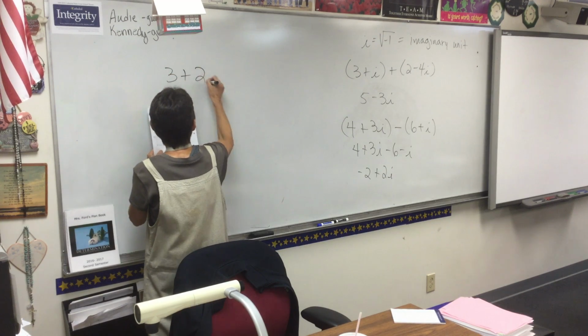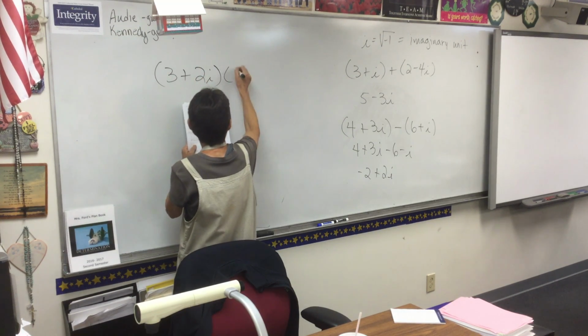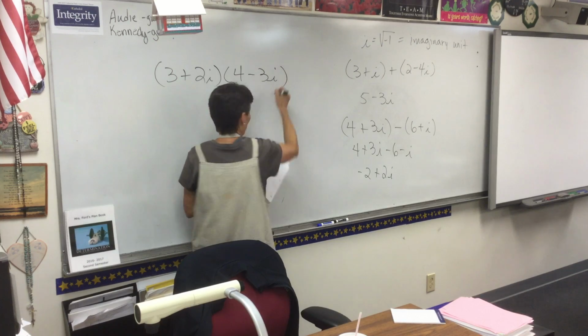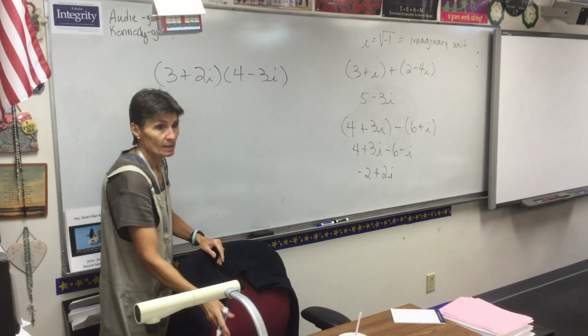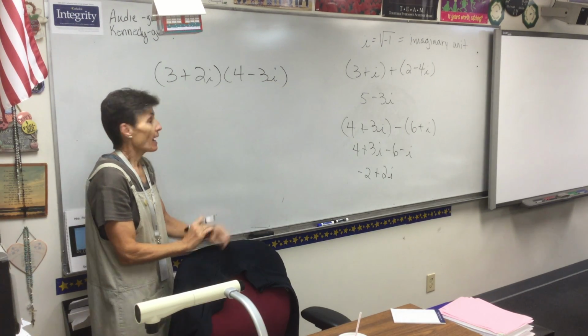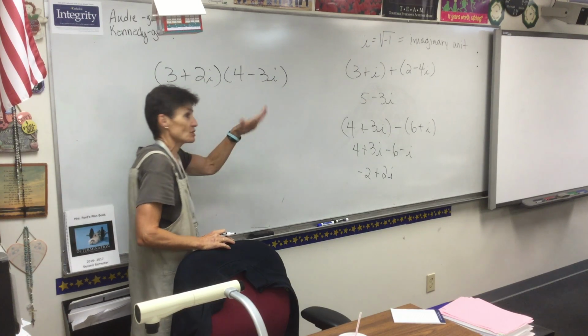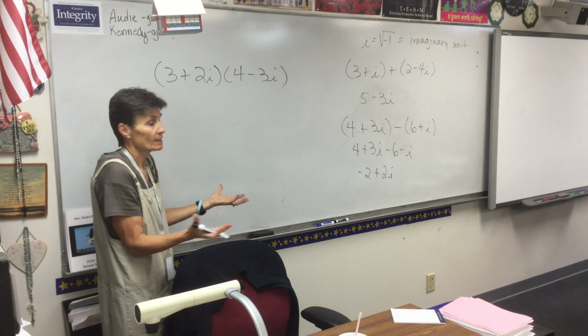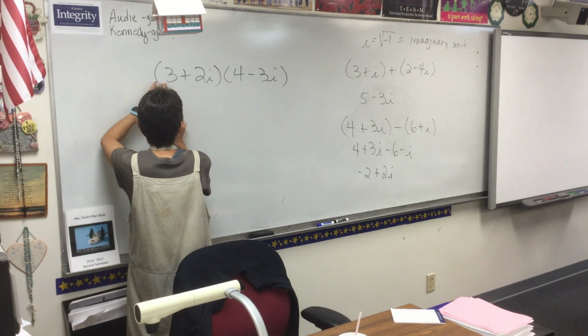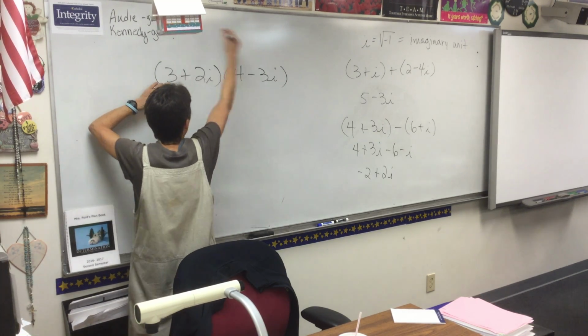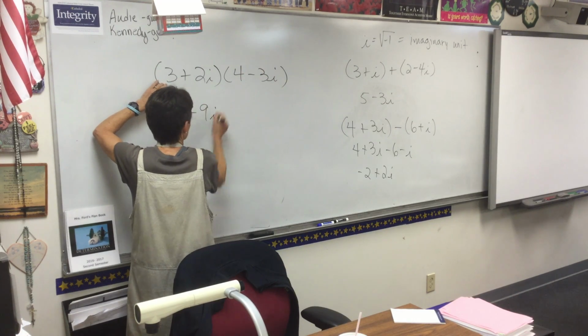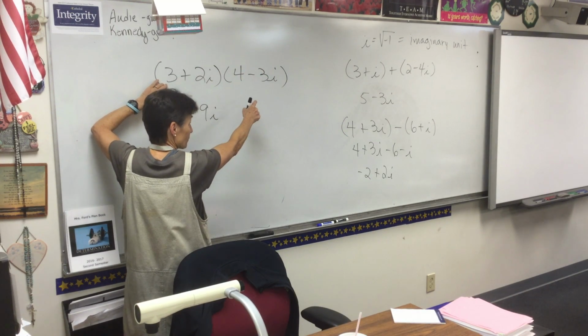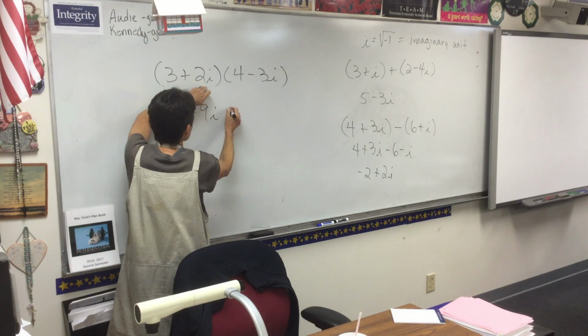How do you think we're going to multiply these two numbers? We're going to FOIL them. I know these are i's, but it's no different than having x's in there. You're going to FOIL it. So first times first, well, outsides, 3 times -3i is -9i, insides,